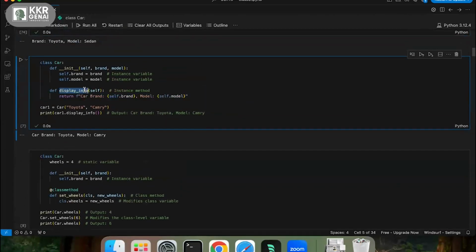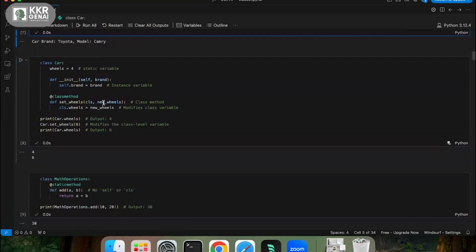Here, display_info is my method, and I'm passing the self keyword as my first parameter so that it has access to the current object's values and attributes. That is why I can access self.brand and self.model, because we are passing the current object reference to these instance methods. So that is what an instance method is.